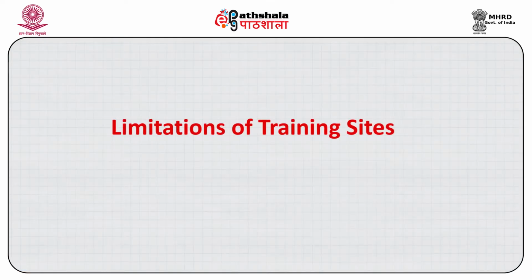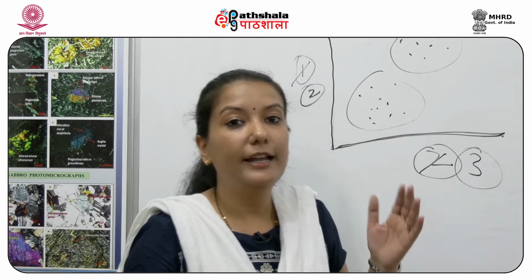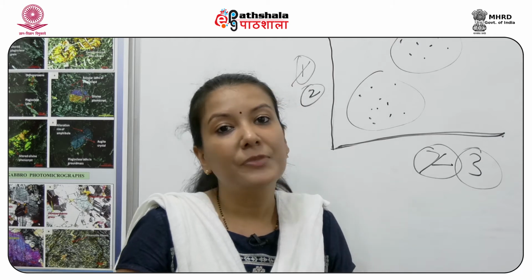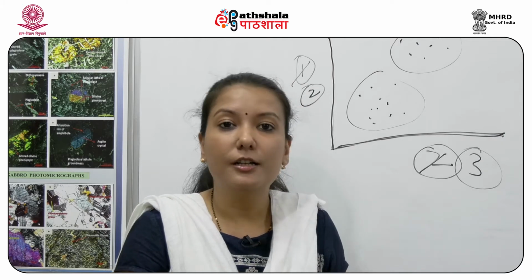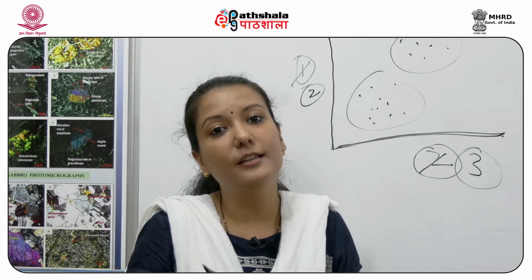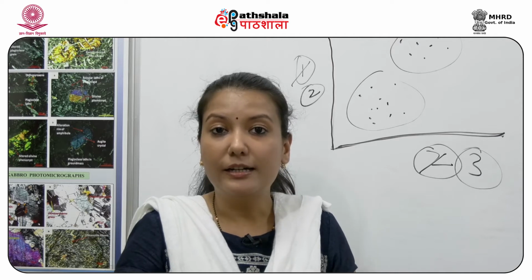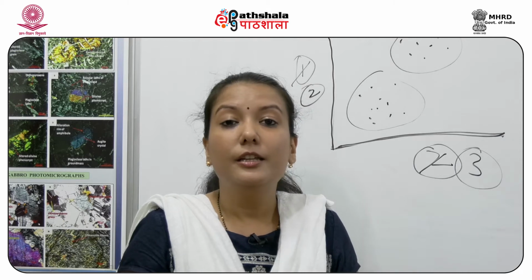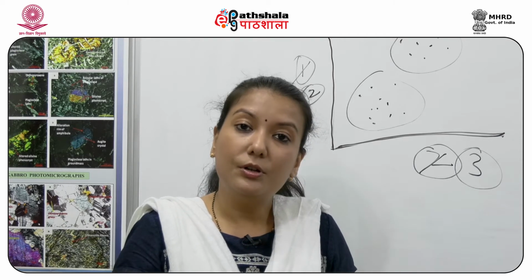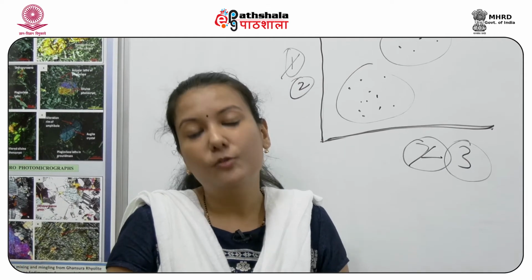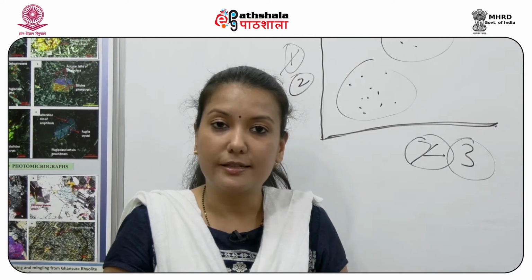Now, the limitations for the training site. As you can understand, you need to cover the entire study area even for collecting your sampling sites. So if the sampling data or the training site is not complete, your classification accuracy greatly reduces. So that is your first concern when you are using a supervised classification. Secondly, you need to know about the area. If you don't know about the area, it becomes difficult to classify an image, and you will find it difficult to obtain the training sites.